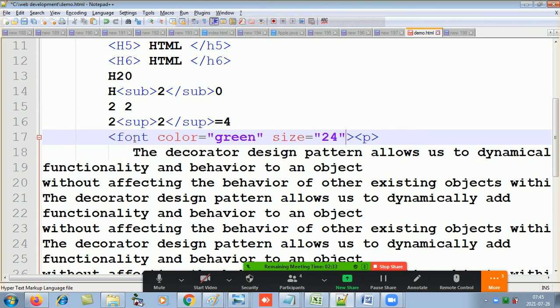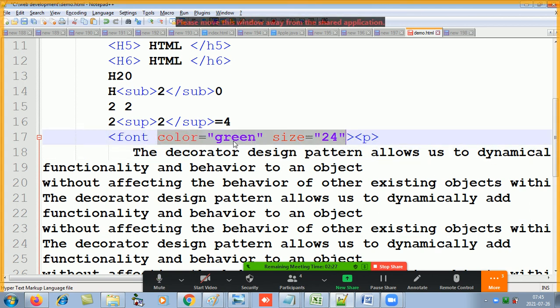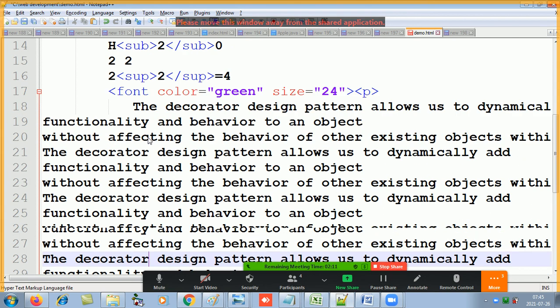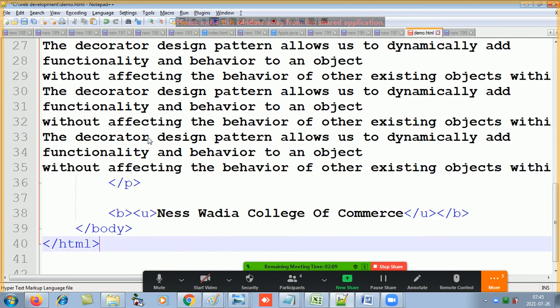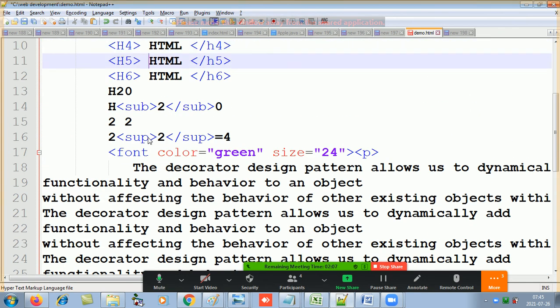Now, how many elements do I have to close when I've opened font? Color and size are the attributes of the element font, right? So you don't have to close color, close size. Just close which element? Font. Where will I close it, after P or before P?